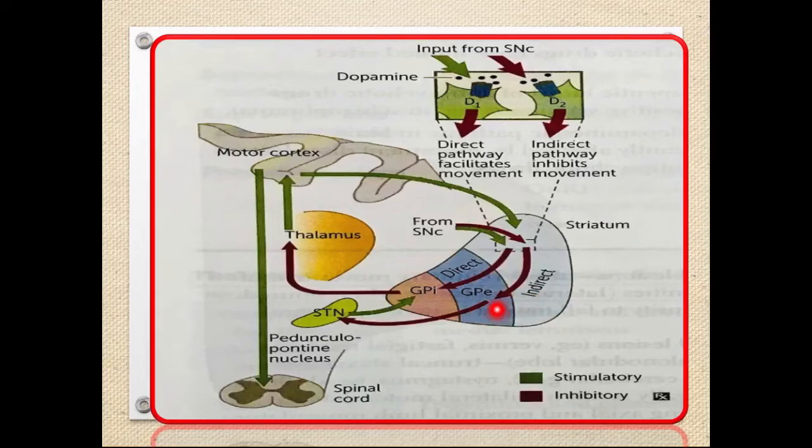From the striatum it goes to the globus pallidus externus, then it goes to the subthalamic nucleus, then comes back to the globus pallidus internus, and the same pathway. Or we can say in a lighter mode, globus pallidus outer part and inner part, internus, they are not talking to each other. If striatum is giving any order to the globus pallidus externus, and it is supposed to convey that message to the globus pallidus internus, it won't convey it directly, it will take it via the indirect.